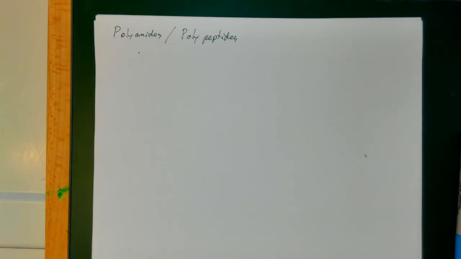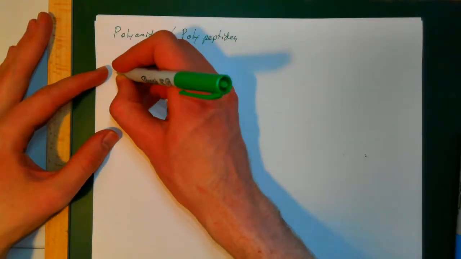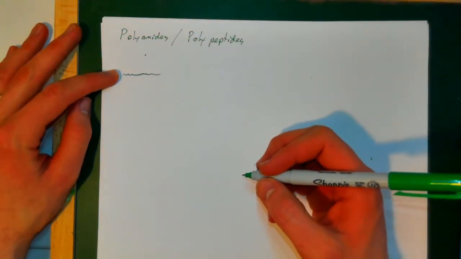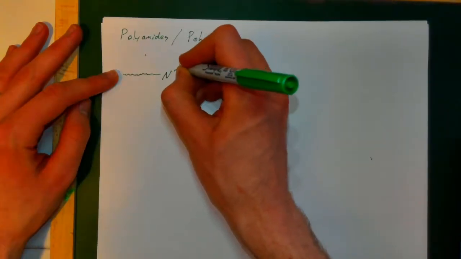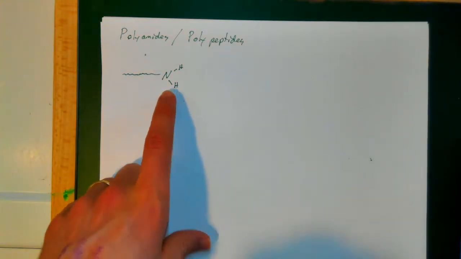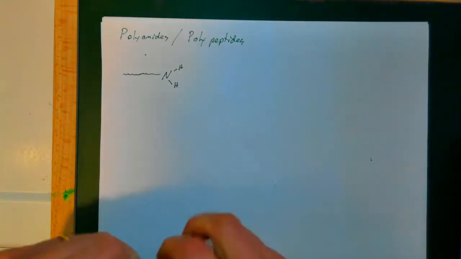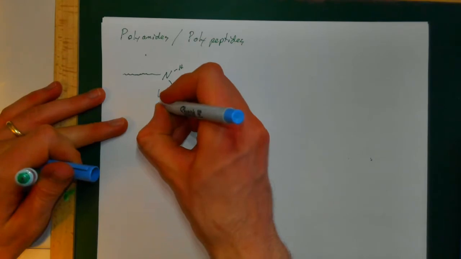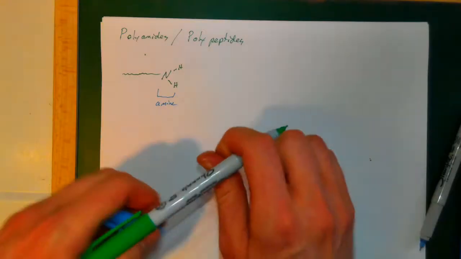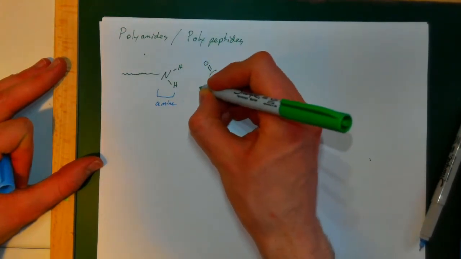And so how are they the same? What types of bonds, what types of chemicals are involved? Well, imagine I have one growing chain or one growing monomer, and it has an NH2 group. So this is what we'd call an amine group. And if there's some other chain that on its end has a carboxylic acid group,